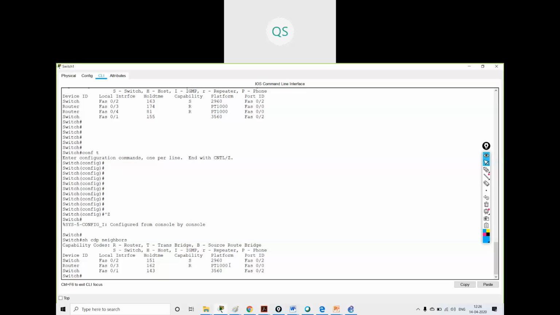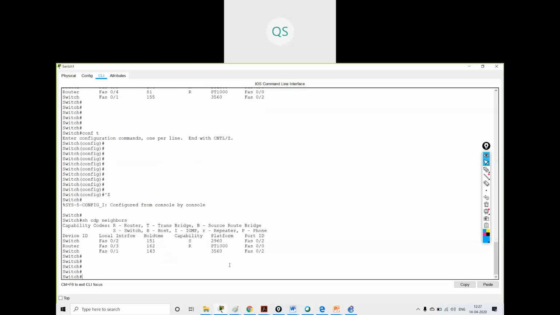If it's showing to the inside users, it will definitely be showing to the outside users. What you are doing, you are disabling the port. You know that my router is connected to this port, which is directly connected to the internet, with the ISP's router. You know this information, so you don't need to get it from your CDP neighbors table. So whenever you disable this, you will disable it for all the users, inside users as well as outside users.